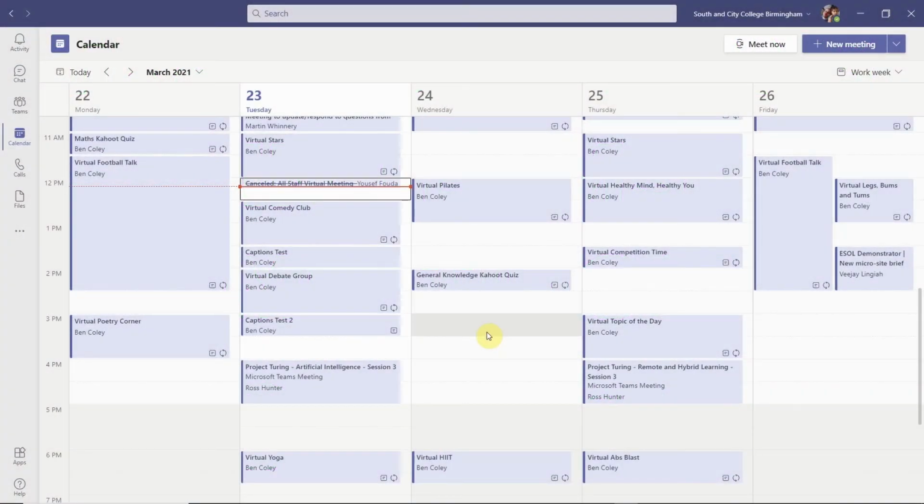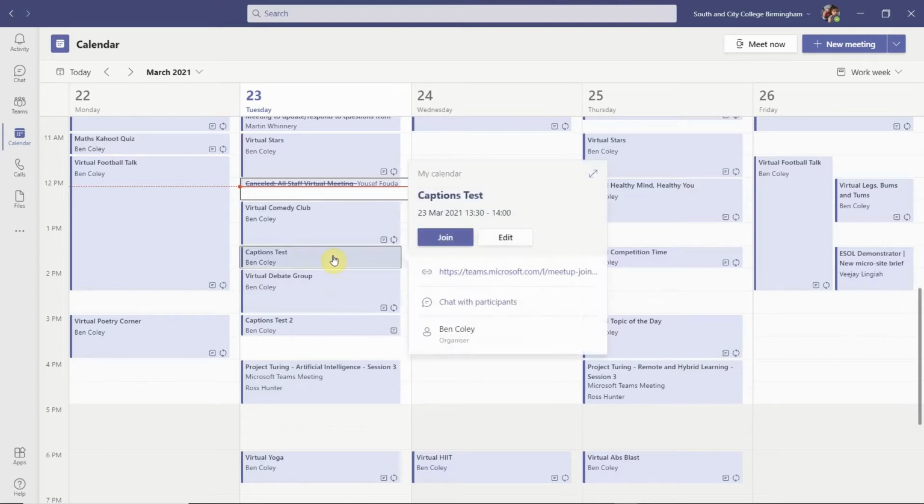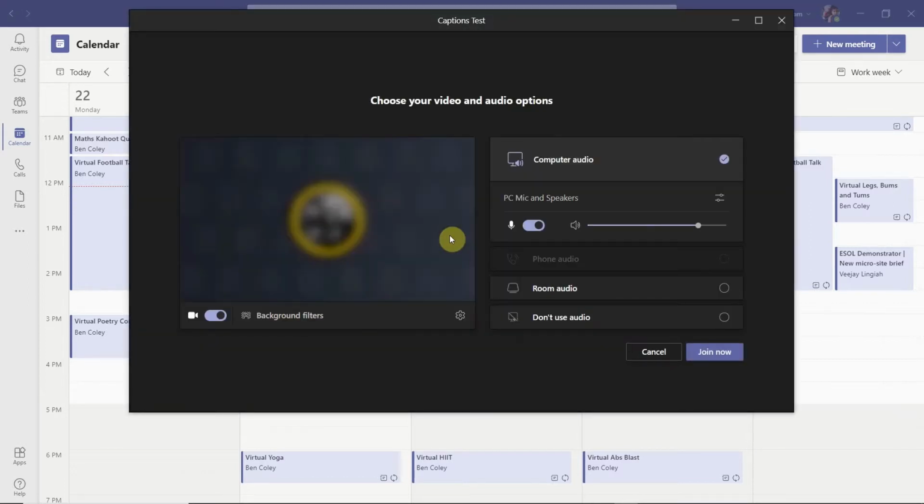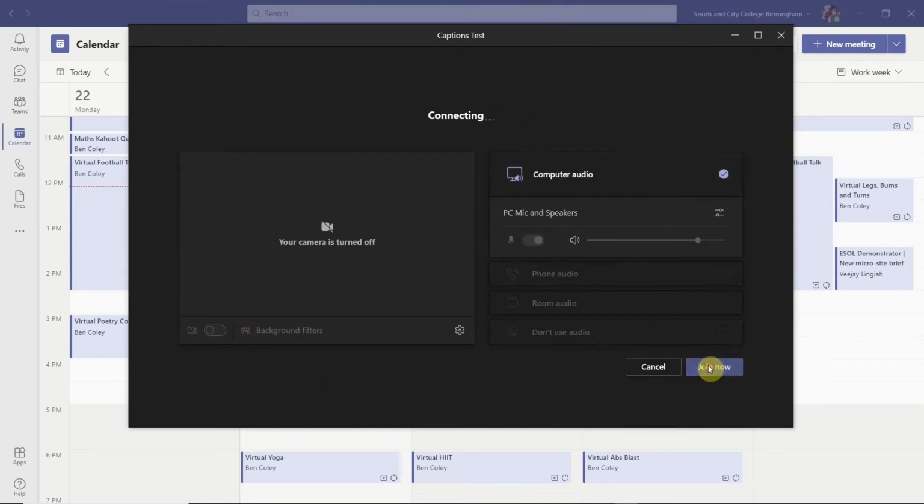During Teams meetings, you can now enable the transcription feature. So let's just see how that actually plays out in a real meeting. I'm just going to start a meeting now. I'll turn the camera off for this. We'll just join the meeting,